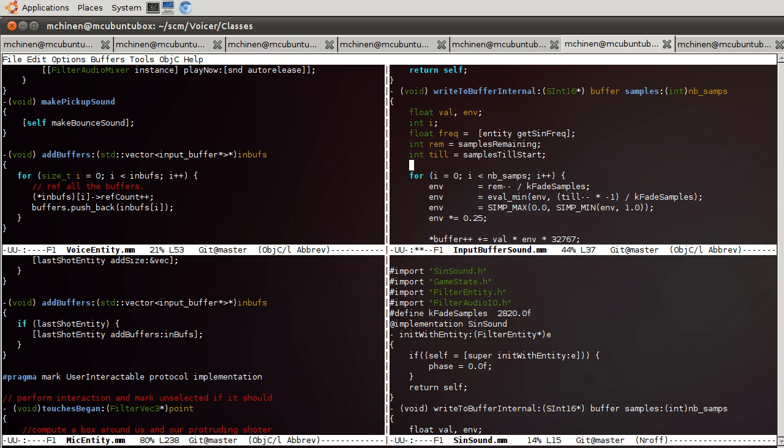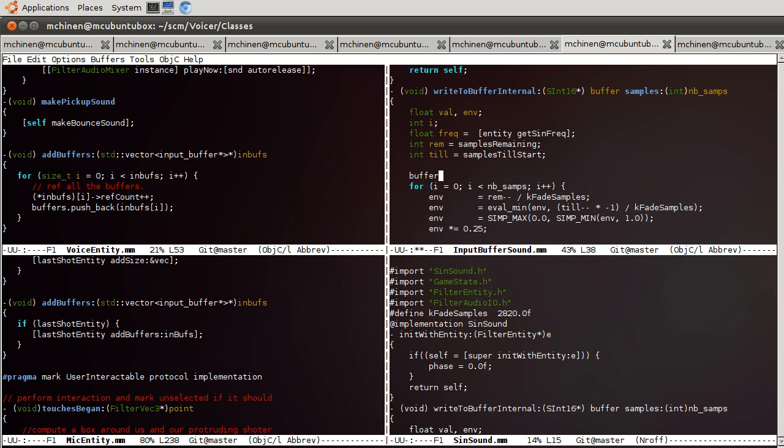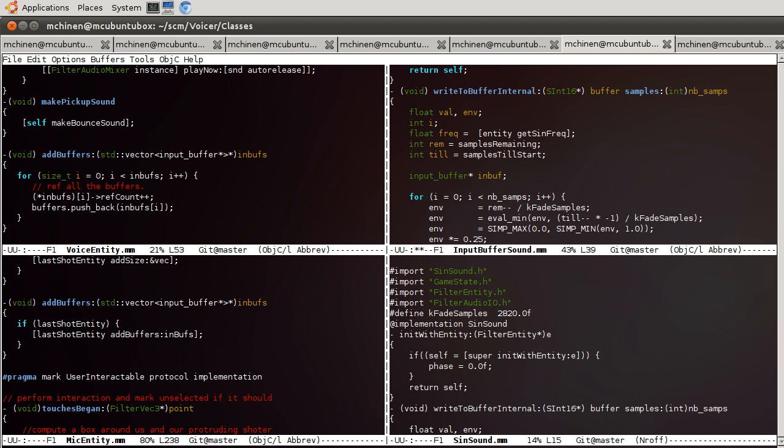So we will need an input buffer pointer, inbuff, and we will need a, that's all we need. And this starts out being